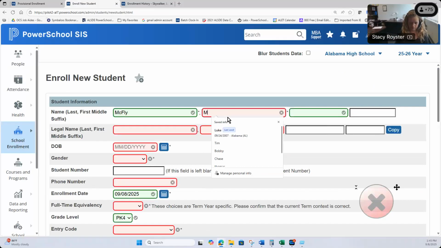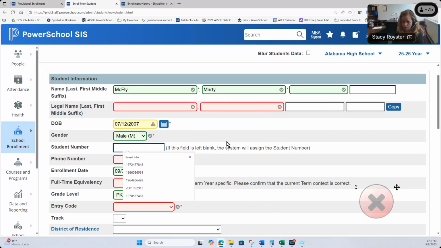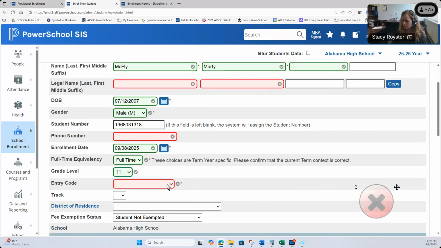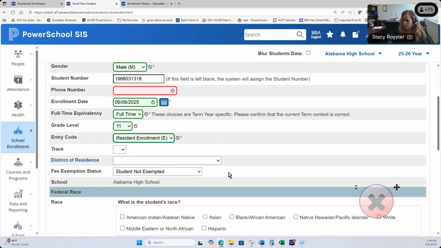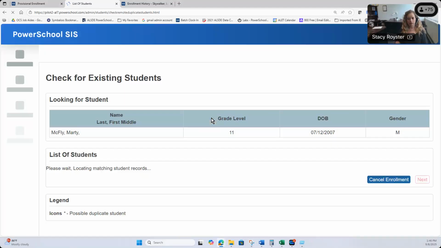Mr. Marty McFly, and date of birth is 7/12/2007. Gender is male. This time, I'm going to put his student number in to show you how it will give you that 100% match, 196-803-1318. Not going to worry about that phone number. Going to use today's enrollment date, full time, grade level, another 11th grader, because today's the day for 11th graders. Resident enrollment, and my district of residence. Not going to worry about Lincoln, and we're going to submit,